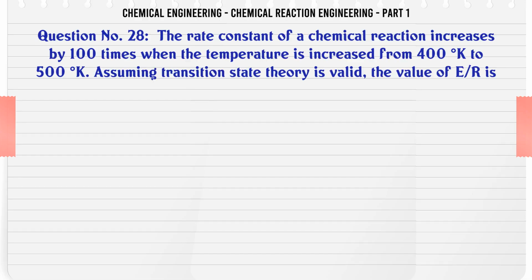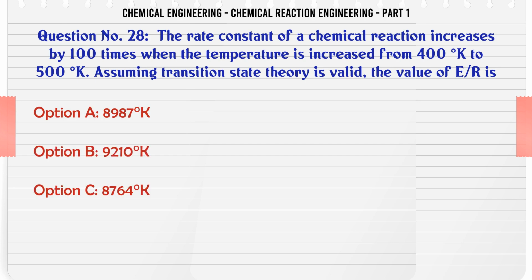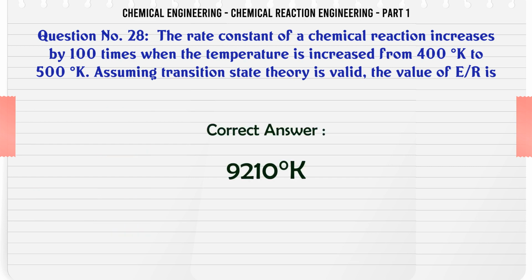The rate constant of a chemical reaction increases by 100 times when the temperature is increased from 400 Kelvin to 500 Kelvin. Assuming transition state theory is valid, the value of E/R is A. 8987 Kelvin, B. 9210 Kelvin, C. 8764 Kelvin, D. 8621 Kelvin. The correct answer is